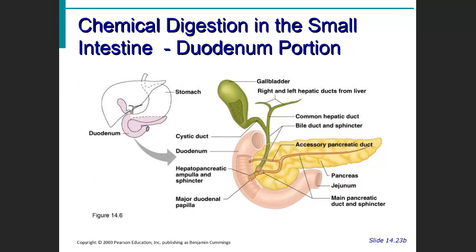Now, the small intestine. Here's the duodenum again, that first 6 inches of the small intestine. And in this diagram, you could actually see the gallbladder, which is behind the liver, squeezing the bile into the small intestine to help digest or actually dissolve the fats. And then you have the pancreas, which is going to put the pancreatic juice in there too to finish the job of the digestion, with the 3 different enzymes it has: amylase, trypsin, and lipase.